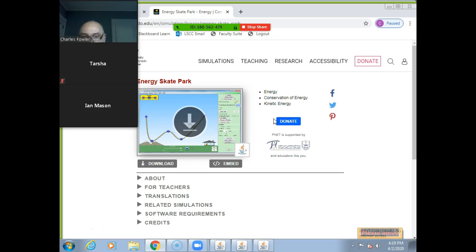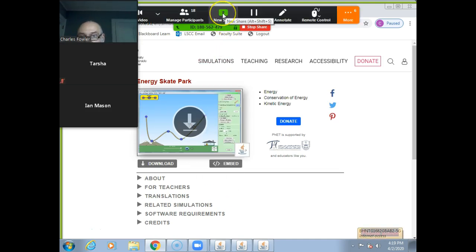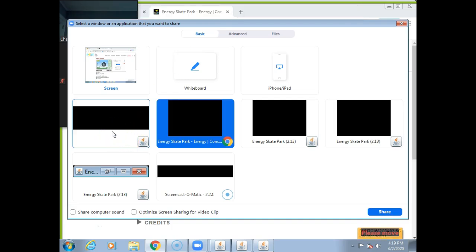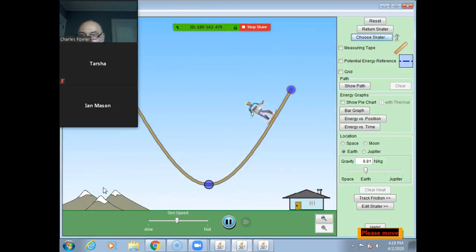Keeps taking me back to here. I'm going to quit going there. New share. Let's try this one. Can you see that? The guy going back and forth. Yes. Okay. All right, we chose the skater, and whichever one you choose, when you choose them,